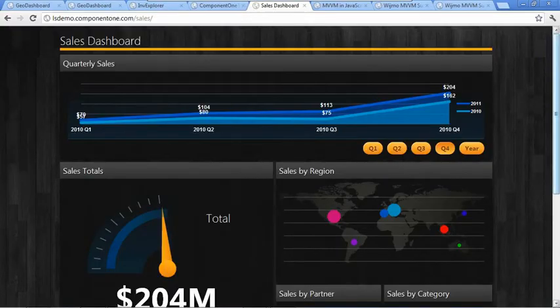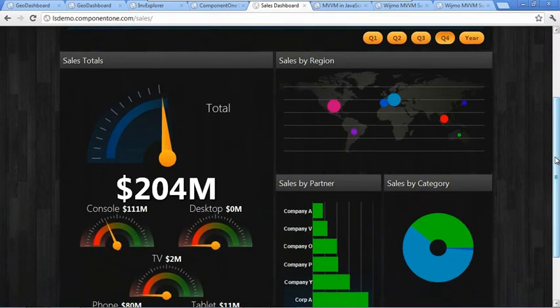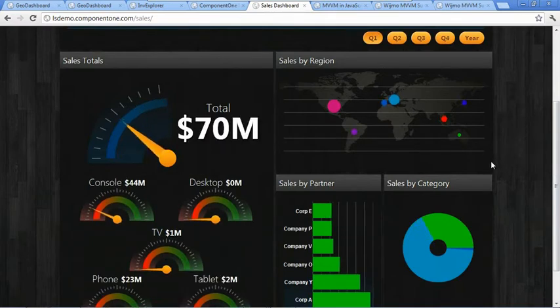Last but not least, we have a sales dashboard that we developed. So this is just the HTML5 version. I'm just going to show you some of the features that it has. Basically it's year over year sales data, and then you can click these buttons to segment it by quarter. If you click the buttons, let's click Q1 here, everything below is going to update to reflect the change